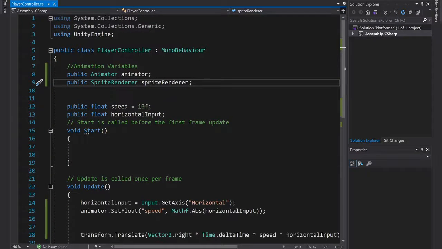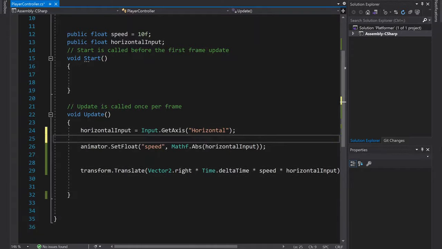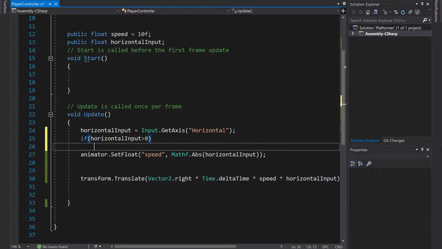Heading back into the code, right here after we get the horizontal input, I want to say if it's positive, you should face right, and if it's negative, you should face left. So if horizontal input is, no, not equal to, if it's greater than 0, then